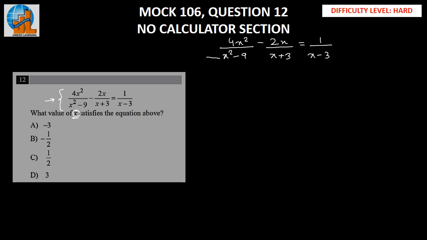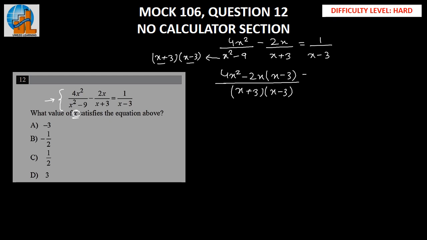Now we can break this x² minus 9 into (x plus 3) into (x minus 3), which is nothing but a² minus b² is equal to (a plus b) into (a minus b). So we can take this x plus 3 and x minus 3 in our denominator. So this should be equal to 4x² minus 2x into (x minus 3), which would be equal to 1 upon x minus 3. Now let's take this (x plus 3) into (x minus 3) to this side and